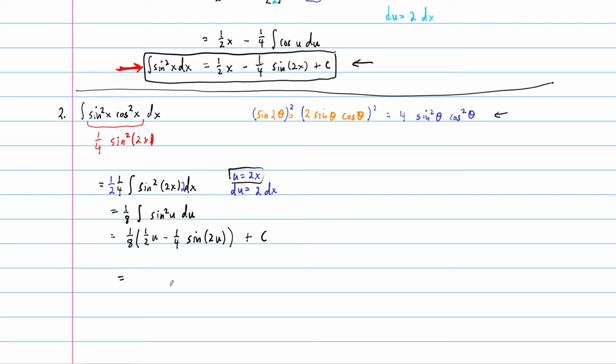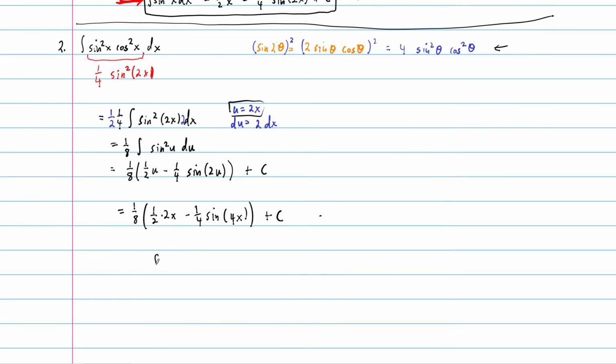And so the final answer here is that we get 1/16 times, well, here, I'll do it in 2 steps because there's a 2x going in for u, right? So 1/8 times 1/2 times 2x minus 1/4, that one's not going to change, times sine of, that'll become a 4x, 2 times 2, plus c, and then this all gets